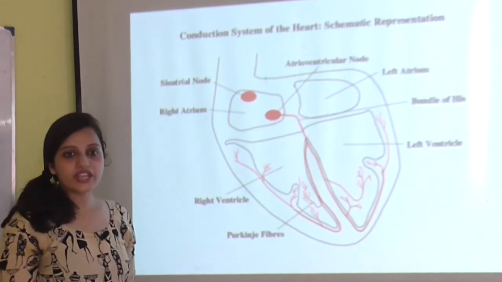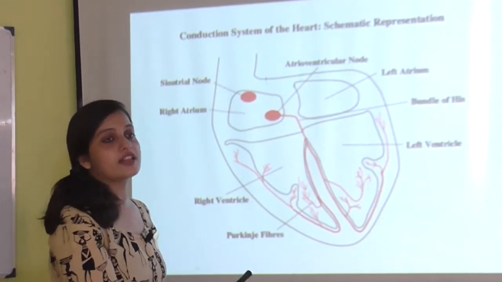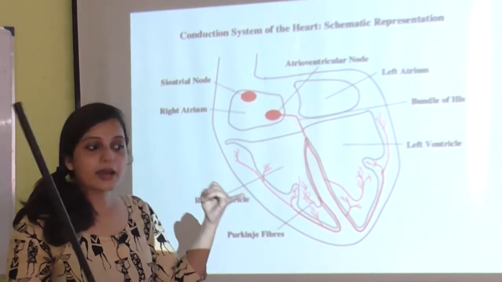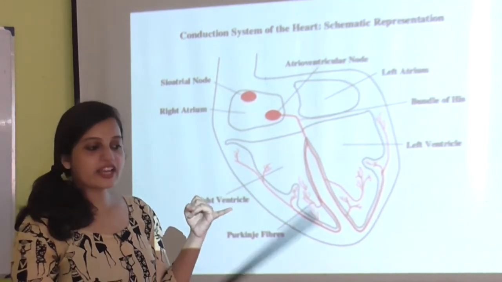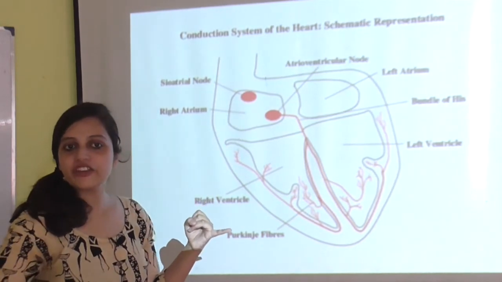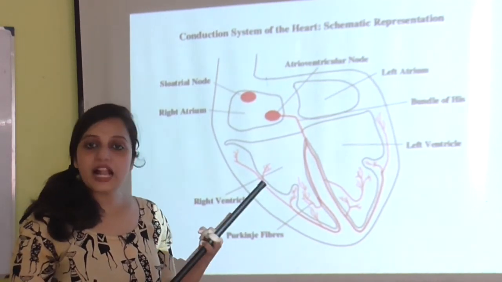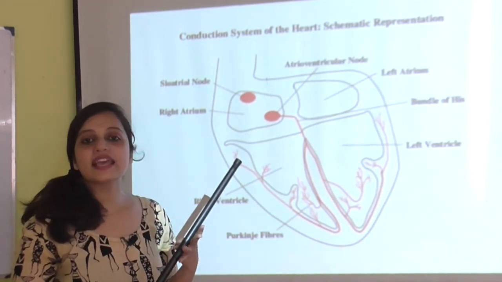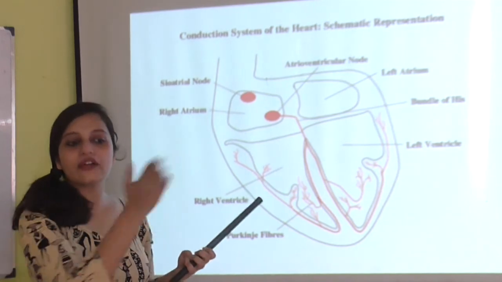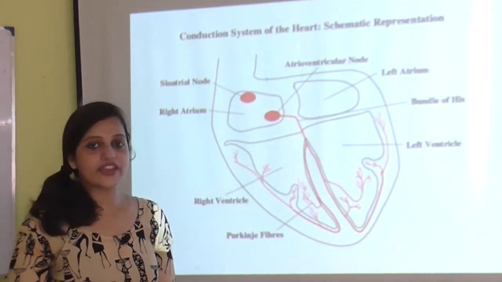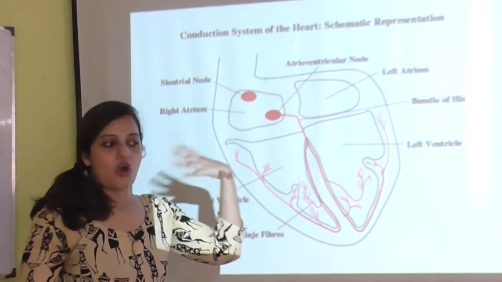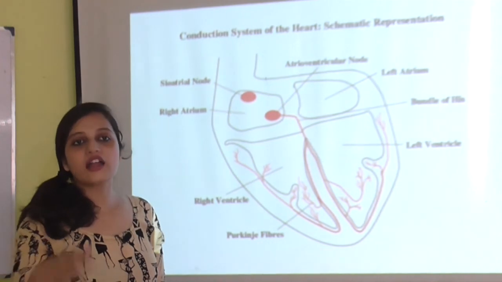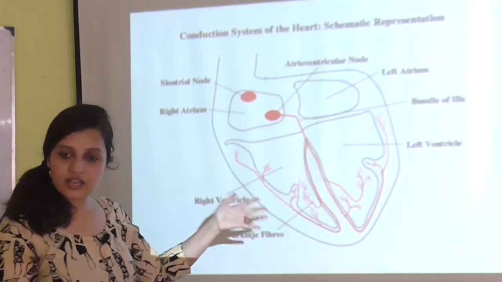Now we are going to study something for which I have not made a slide, but please remember the types of blood vessels. Number one is the vena cava. The vena cava has two parts, superior and inferior. Number two is the pulmonary artery and pulmonary vein. Number four is the aorta, and you know the rest, which are arteries, veins, and capillaries. Arteries carry oxygenated blood, veins carry deoxygenated blood, and the rest you know, which I have discussed earlier.